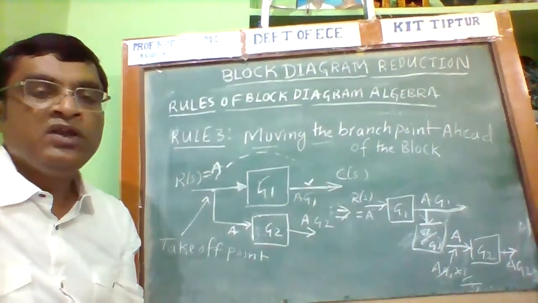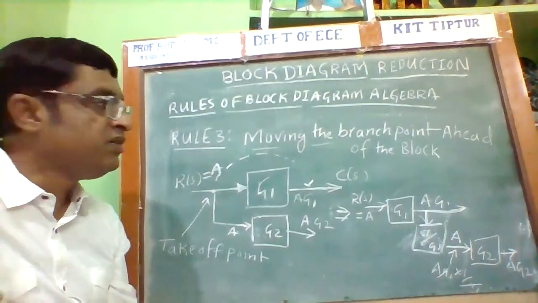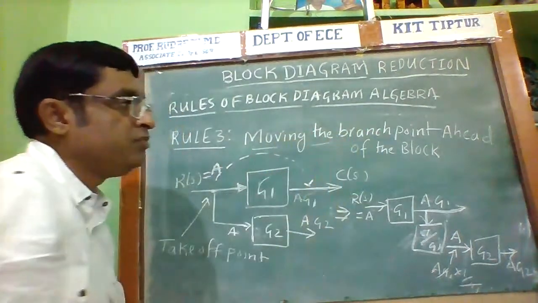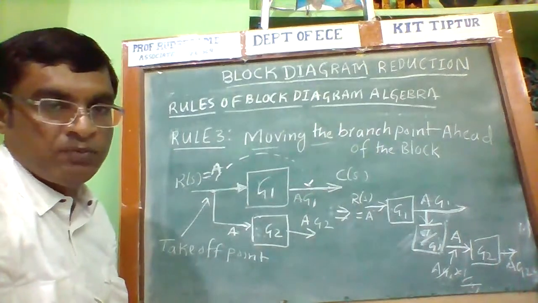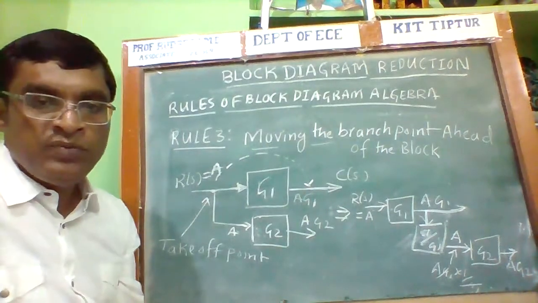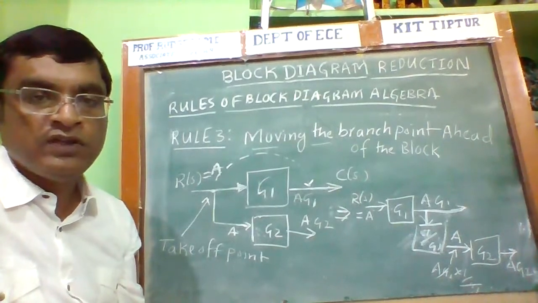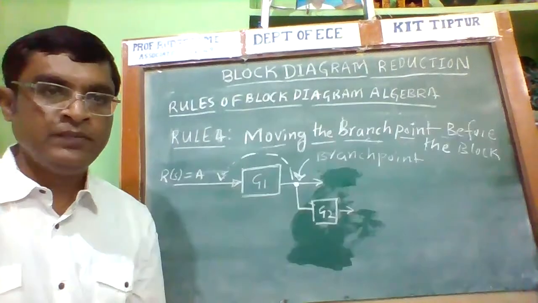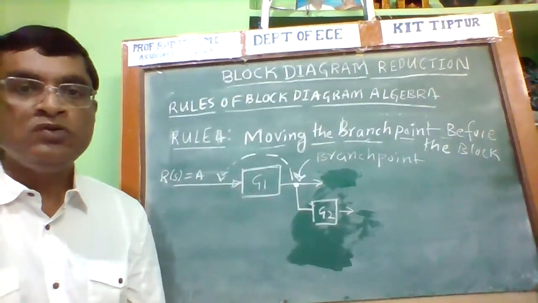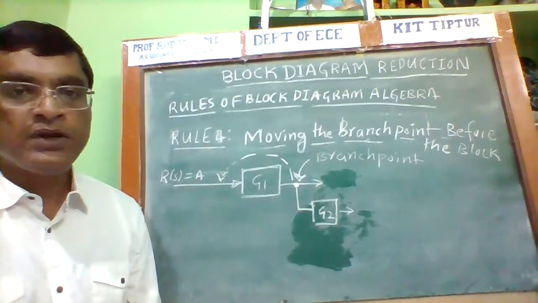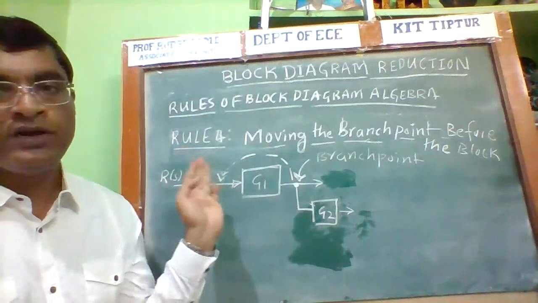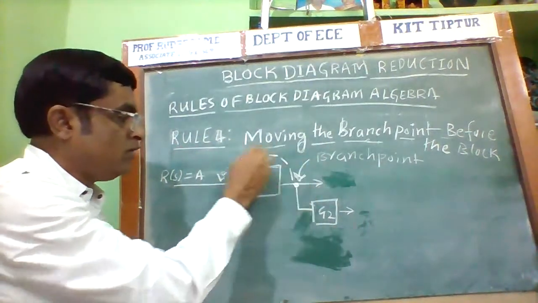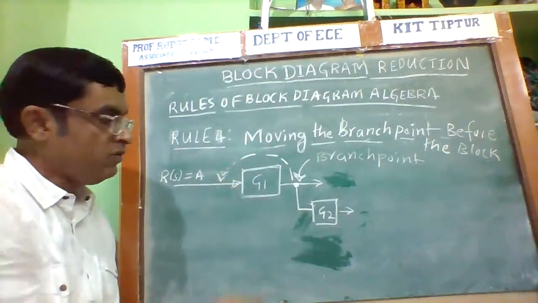If I move the branch point ahead of the block, it goes after the block. Similarly, if I move the branch point before the block, that is the next rule of block diagram algebra. If I move the branch point before the block, suppose this is the branch point, and I want to move it before the block, then what will be the